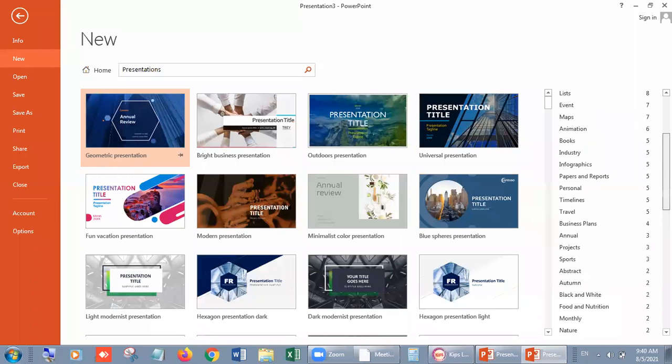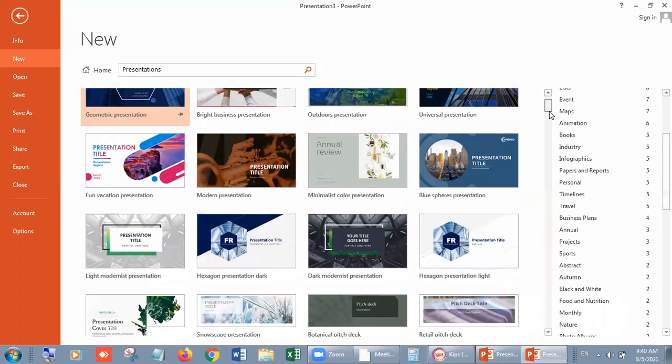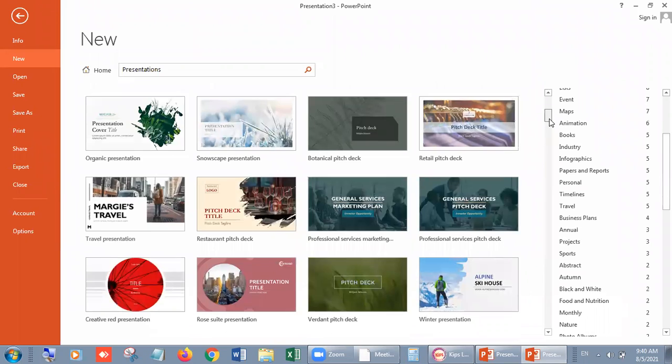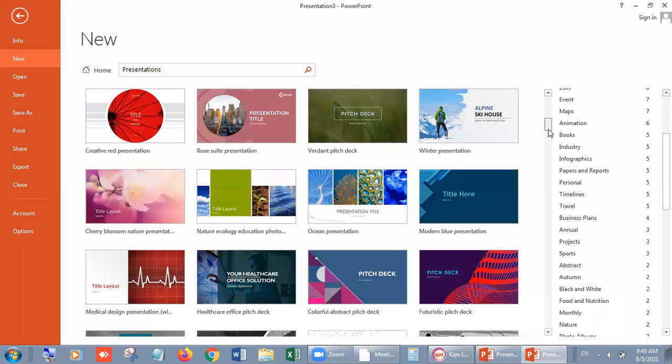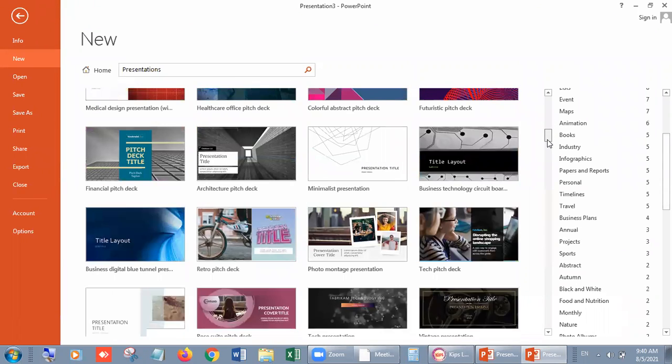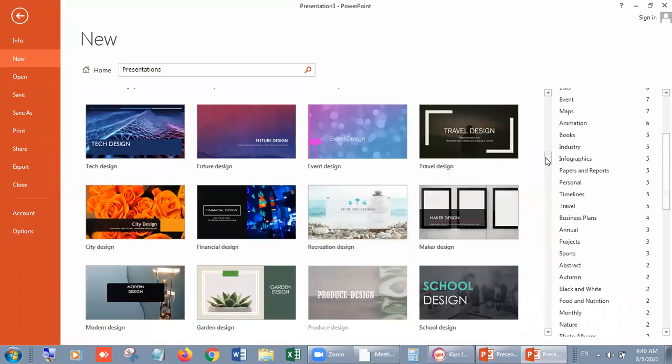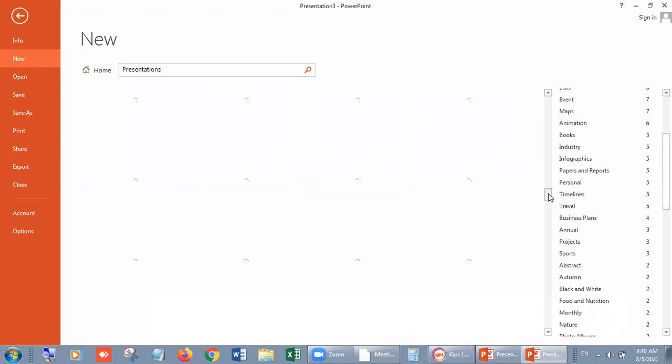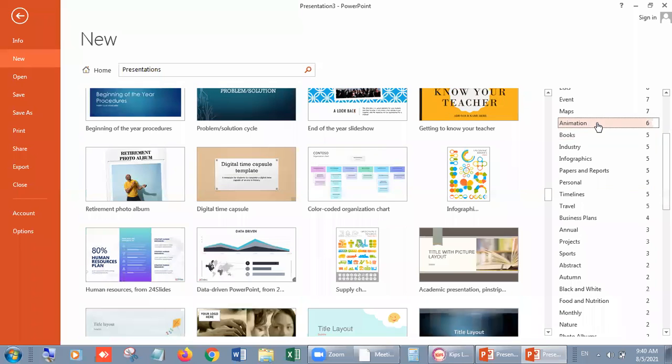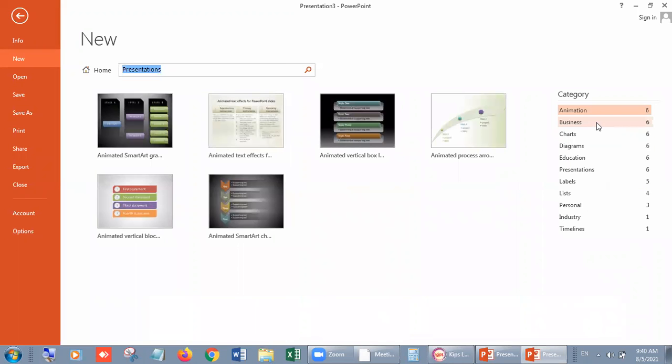These are the styles which you can use. These all are pre-designed templates, beta, and you can choose anyone from them, like animation, business, diagram, education, labels.